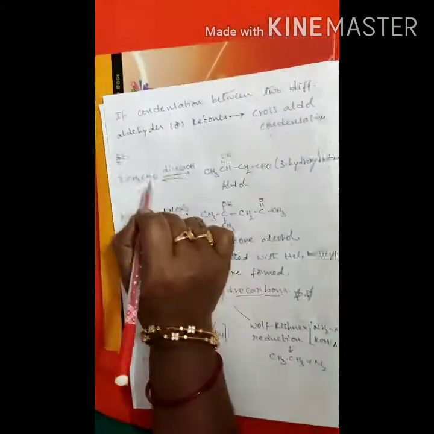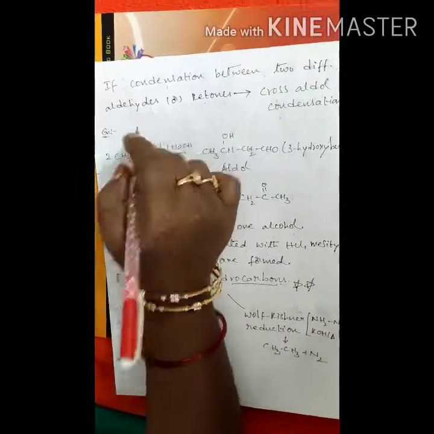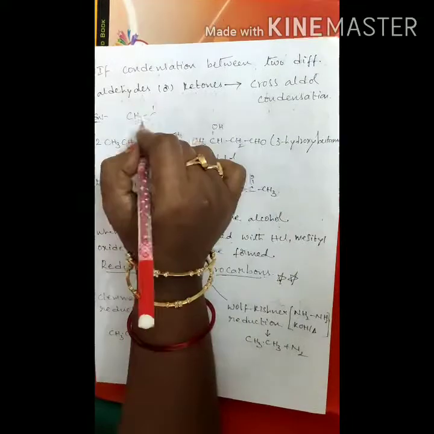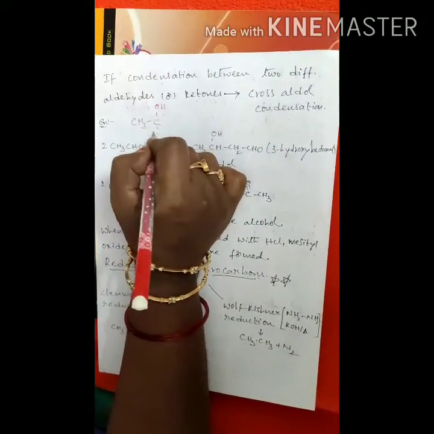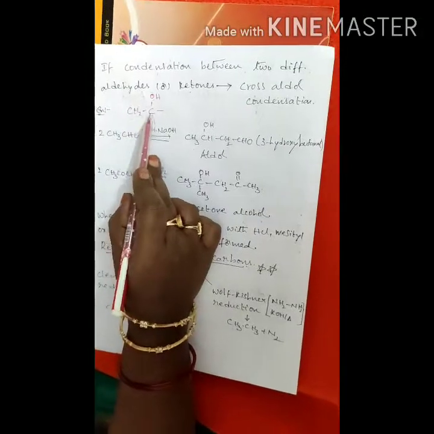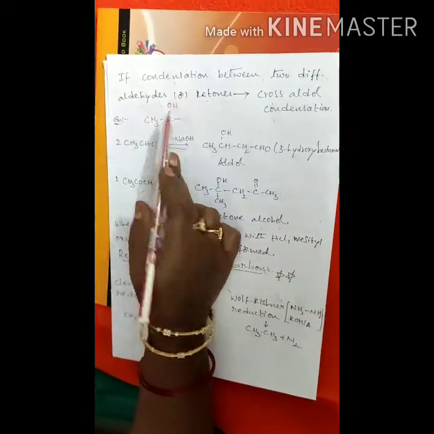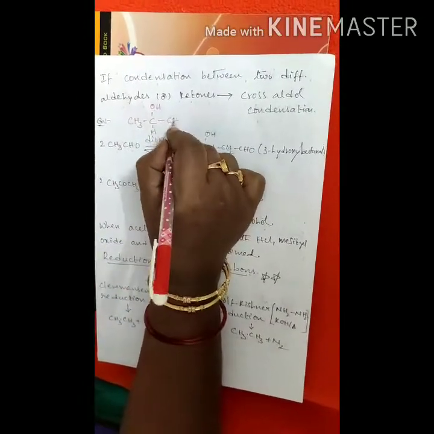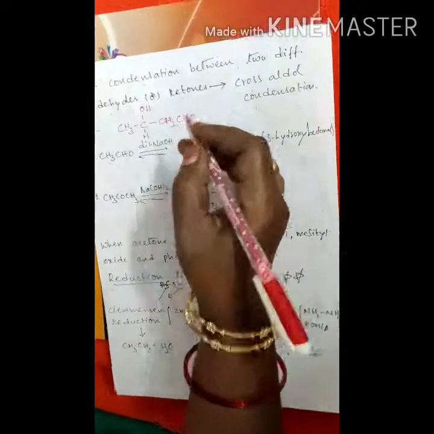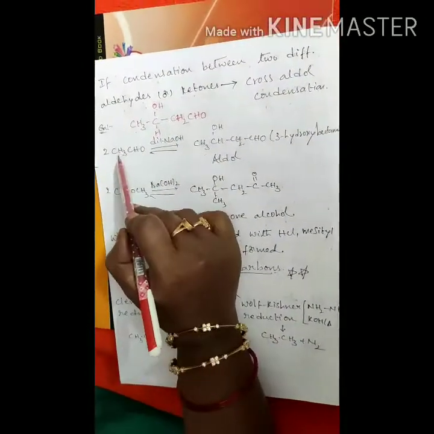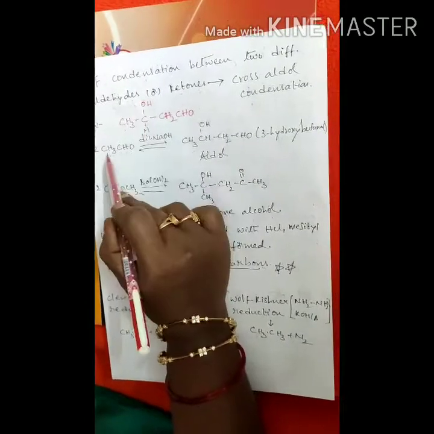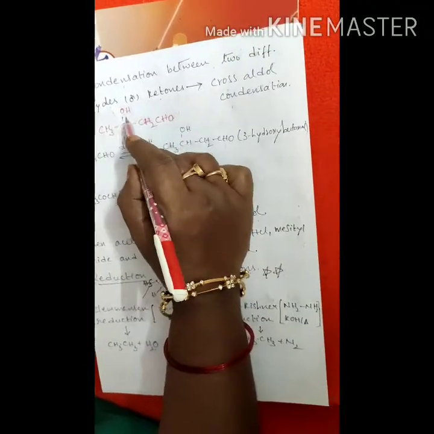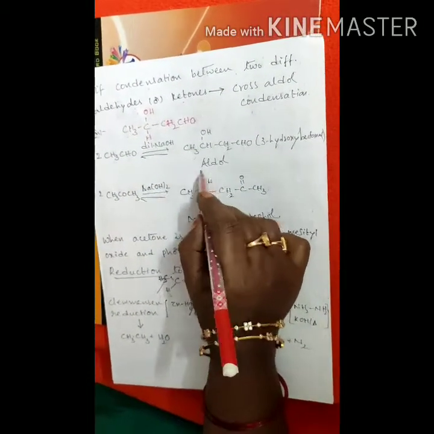So here we are taking acetaldehyde. That's one molecule of acetaldehyde, CH3, CHOH, and the remaining part is another molecule, which is converted into CH2CHO. So here CH3CHOH and another one converted into CH2CHO. Here an aldehyde functional group is there and an OH alcoholic functional group is there. So that's why it is an aldol.